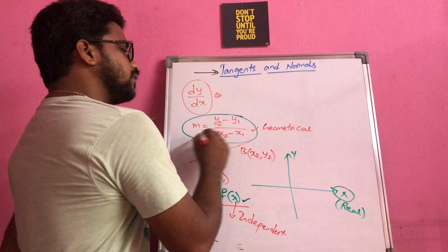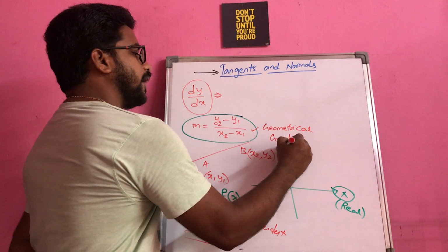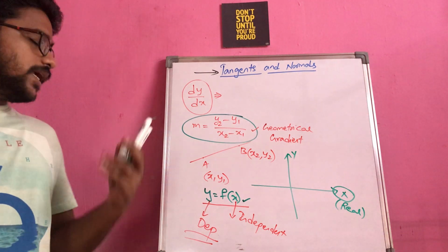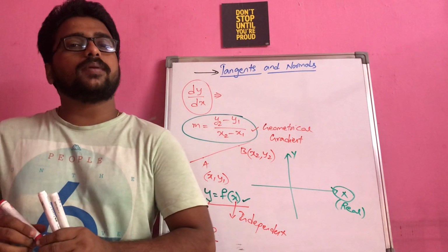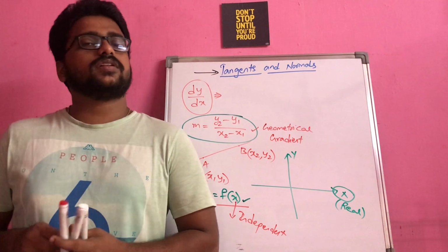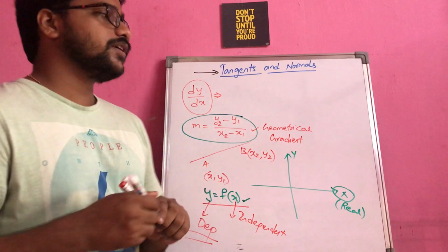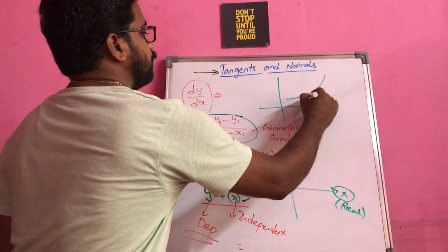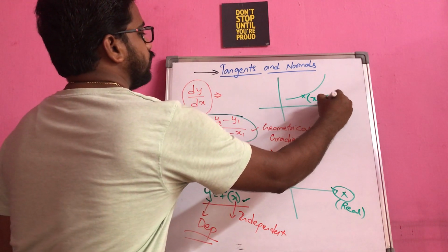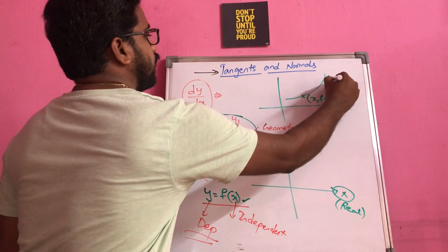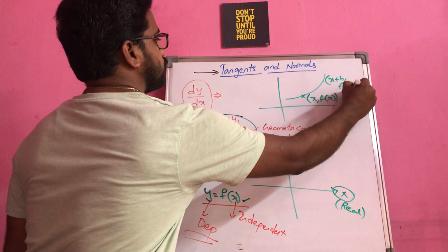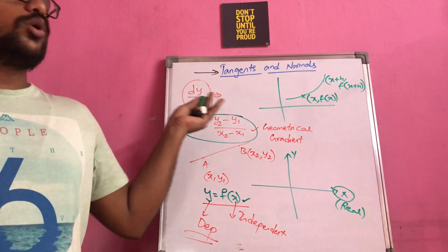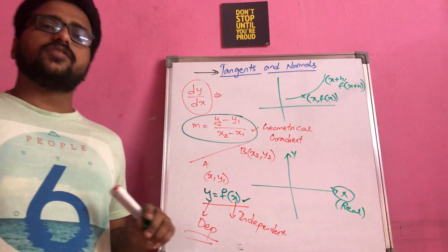Another name for the slope is the gradient of a particular line. Now the same geometrical definition we are going to apply using differentiation also. If you remember the first principle of differentiation, we discussed that this is the point P, something like x comma f of x, and another point which is very near, x plus h comma f of x plus h. Even in this, if you use the slope formulation, you will get the first order differentiation.